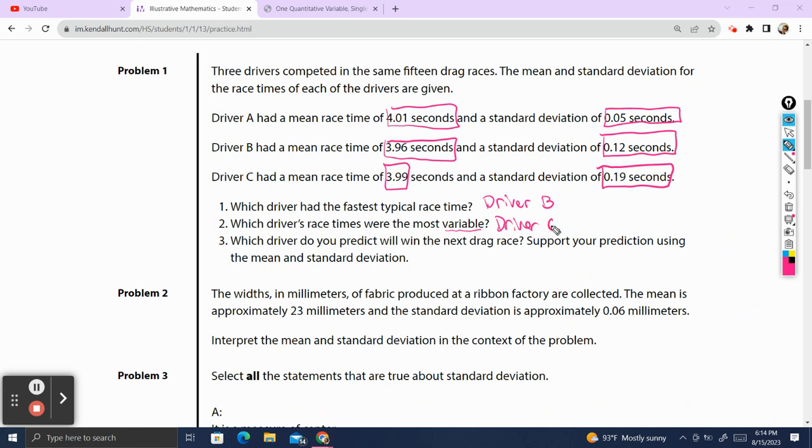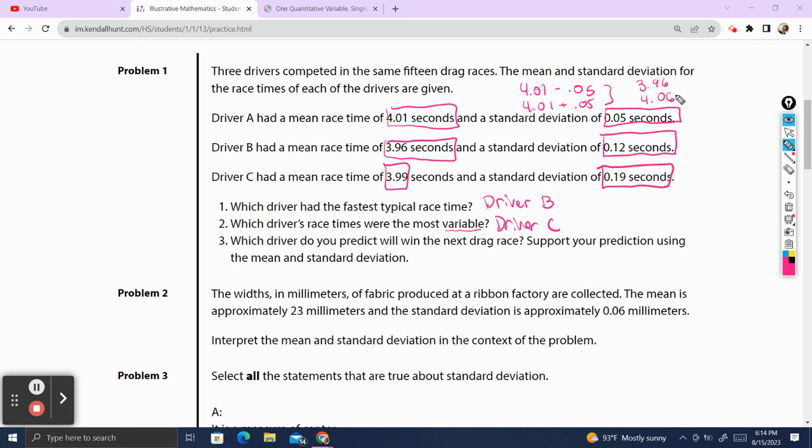Finally, which driver do you predict will win the next drag race? Support your prediction using the mean and standard deviation. So let's look at this. Driver A had a mean of 4.01 seconds and a standard deviation of 0.05 seconds, which means he, in general, ran a race somewhere between 4.01 minus 0.05 seconds or 4.01 plus 0.05 seconds. So in general, his race was somewhere in between 3.96 seconds or